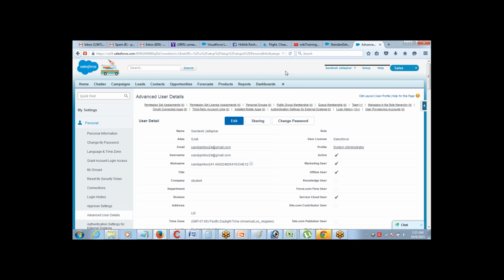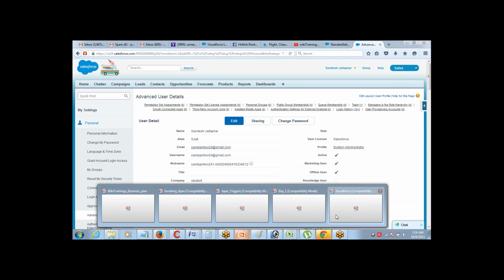Right, so that is it. Now my development mode is enabled and we are good to start designing our Visualforce pages. You can create Visualforce pages even if you do not enable this development mode. It's not required as such, but if you enable it, you will get the code editor embedded within your Visualforce page, so that you can view the page as well as the code on the same screen. Once I start creating the page, I'll show you where exactly that code editor is.